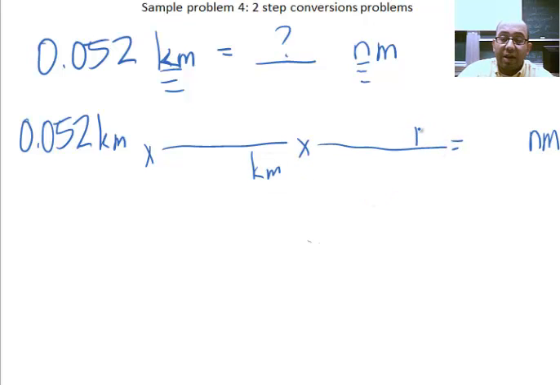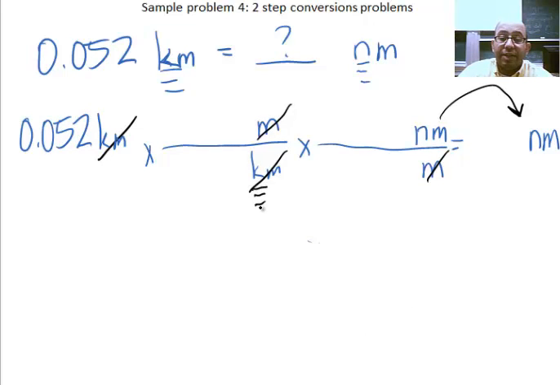We want to cancel our kilometers. We want to get our nanometers. Now remember, we have to figure out what to put in this space. And because in the previous problem, we recognized that we have to convert to the base unit first. Always convert to the base unit when in doubt. So now we have our setup, which is perfect. Notice that the kilometers will cancel the kilometers, and the meters will cancel the meters, and the nanometers matches my